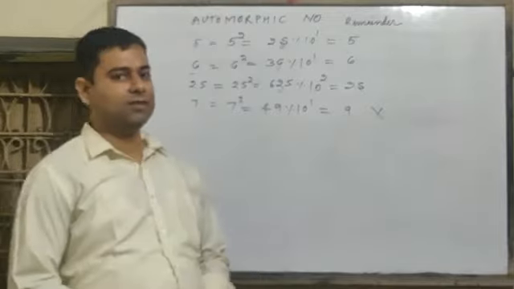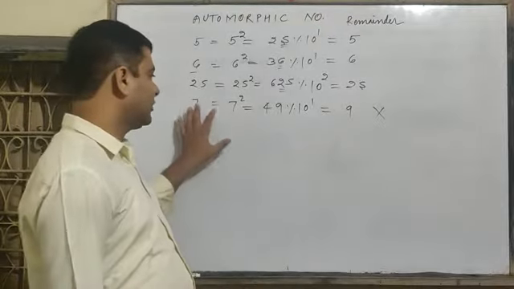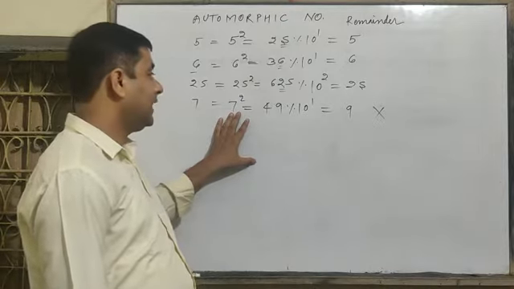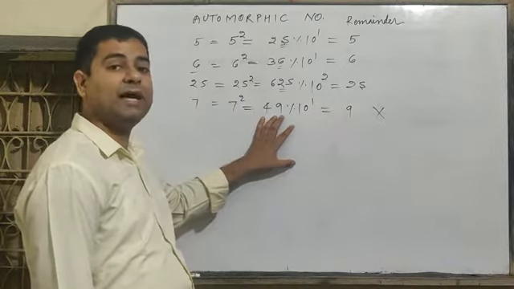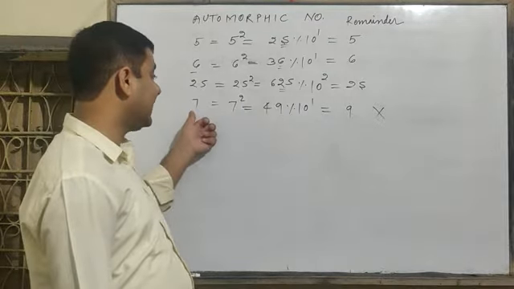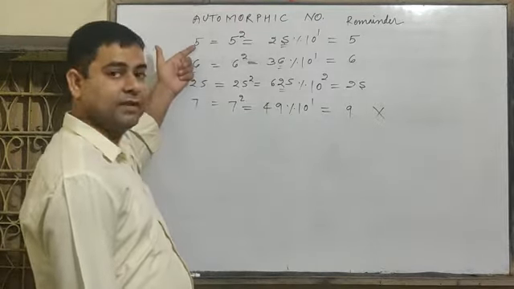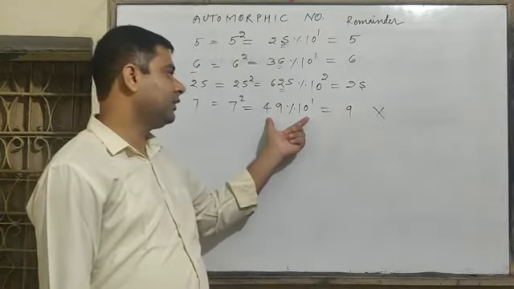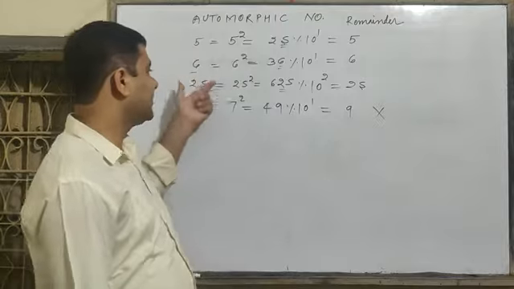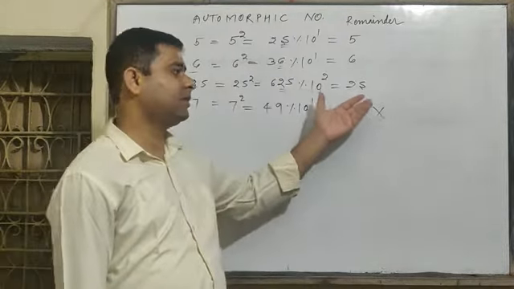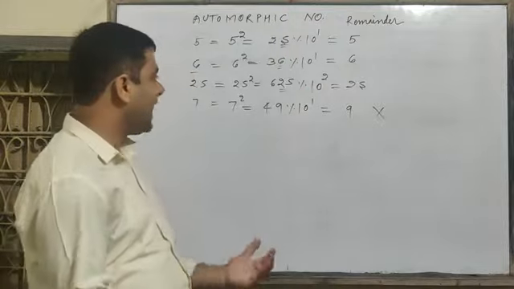So you must have understood the logic. What do you have to do? First of all, input the number, calculate the square. Then after calculating the square, we have to extract the digits. How many digits do we have to extract? As many digits as exist in the original number. If the original number has 1 digit, we calculate 1 digit from the last. If it has 2 digits, we take 2 digits from the square from the last. So we will have to count the digits.